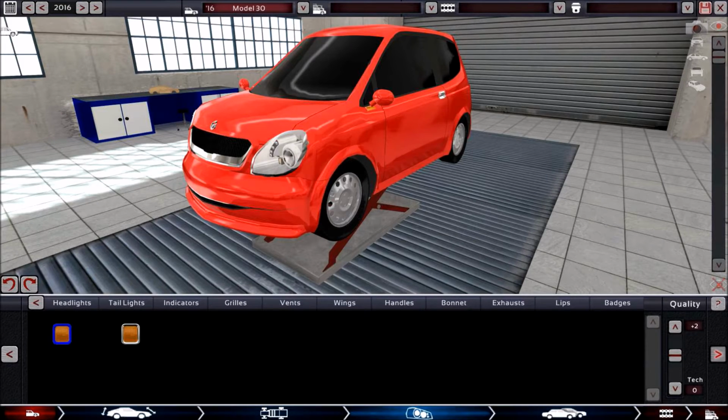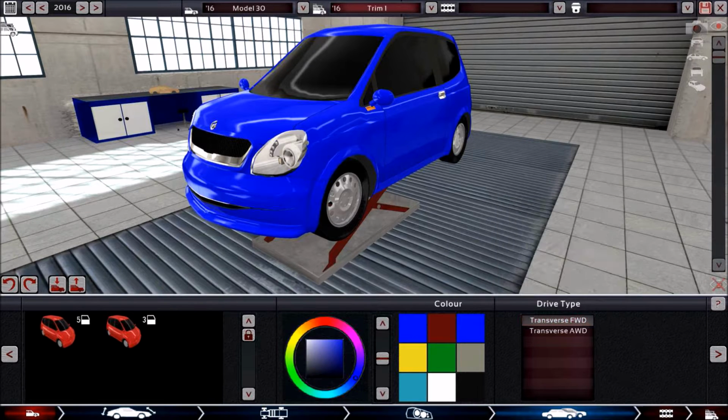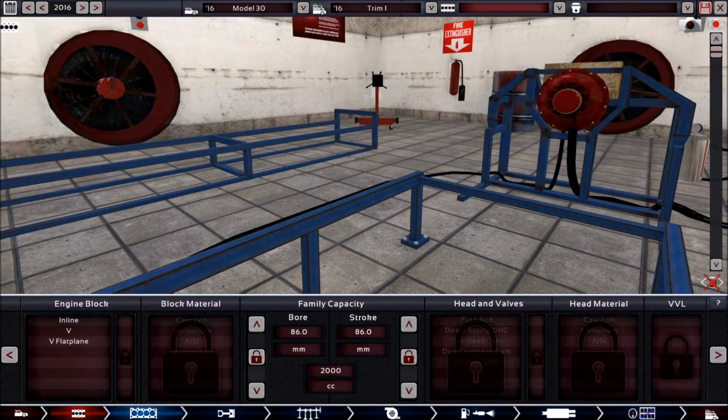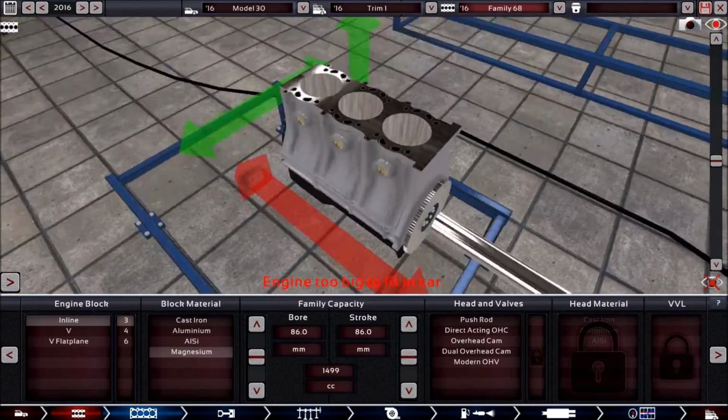Again, as I've said, I'll lower the quality later if needs be. But for now I'm just using 2 and seeing if it comes out at a reasonable price. We can get some nice kind of deep blue here. If we could, that would be very nice. And it seemed to be lagging. Perhaps slightly more reflective. And there is our beautiful car. Admittedly, it should probably be a happy bright colour, but hey, I like me dark colours. Now in this case,